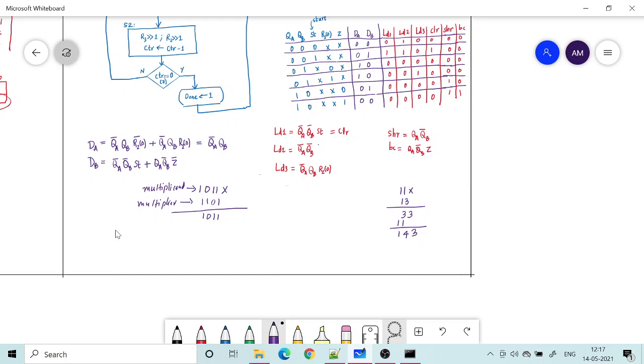Okay, and then how do we do next? We look at the next LSB, that is 0. So if it is 0, we just multiply the multiplicand with 0, so that is 0 0 0, and then we need to shift and add. So what we do is that we shift this by one position, and then we write the multiplicand. Right now it is 0, so we write 0. So you can consider that we have shifted the earlier result by 1 bit. The other way we can think is we are shifting the newly written thing to the left.